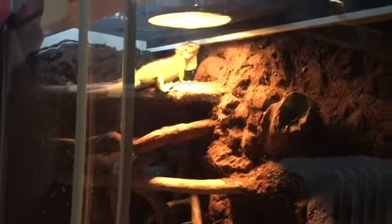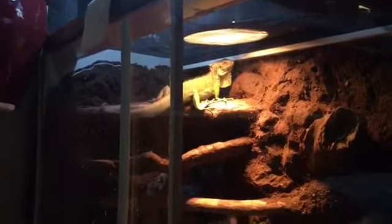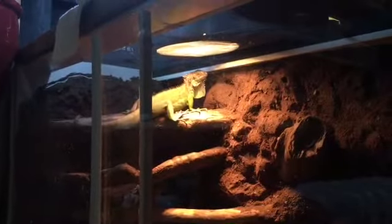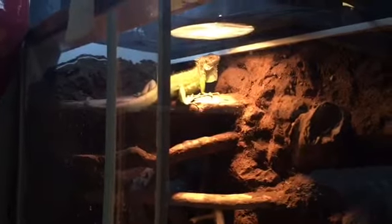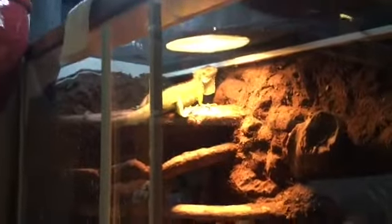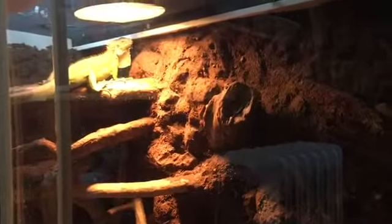So I'm pretty sure this would be like a rhino iguana or a Cuban iguana. Basically, shorter lengthwise and more terrestrial species of iguanas I will probably never keep. I would not be surprised if Charlie here, my green iguana, is the only iguana that I ever keep, because iguanas are big, and unless I am breeding iguanas, then there really isn't any reason for me to have one,